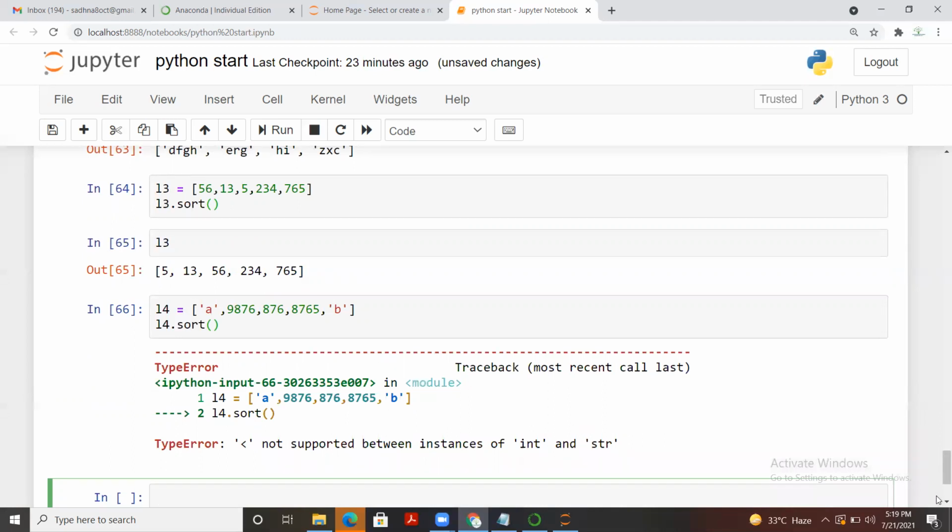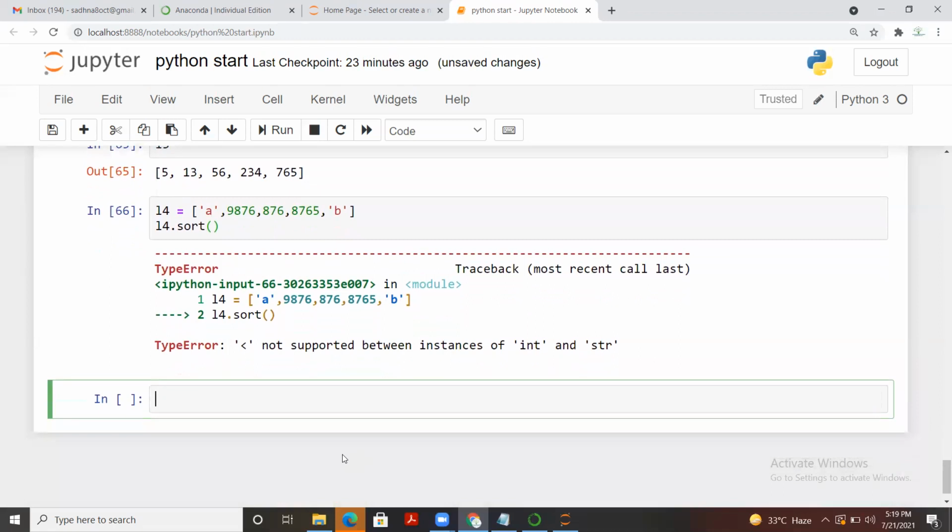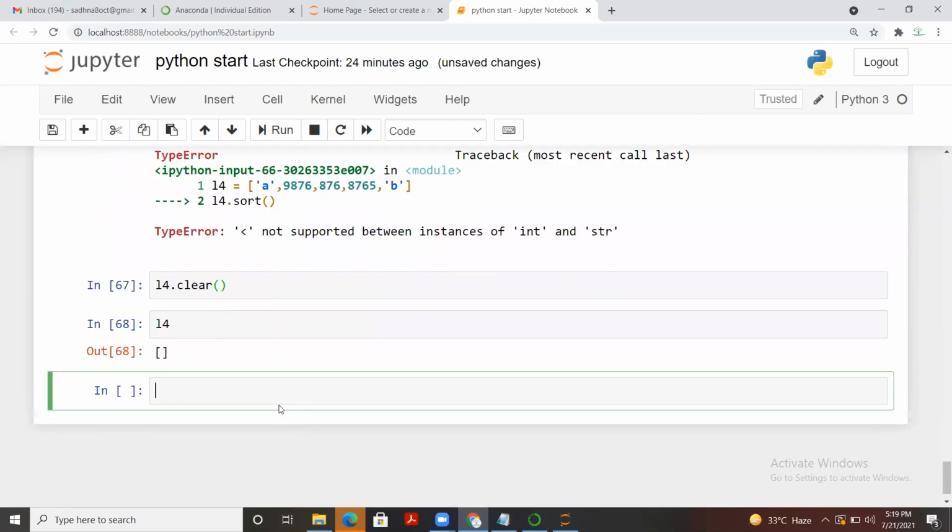So I believe we are done with all the functions we covered today. Let me explain one by one. These are all the functions that we covered in list. First was the append. In case you want to add any element to the existing list, you can use the append function. In case you want to clear the entire list, we can use the clear function. Let me run clear here for L4, so that you can see that if you run clear, L4 will be an empty list for you. So that's the empty one, right?